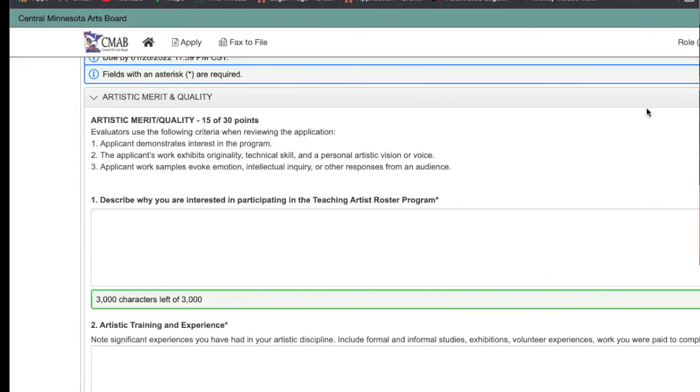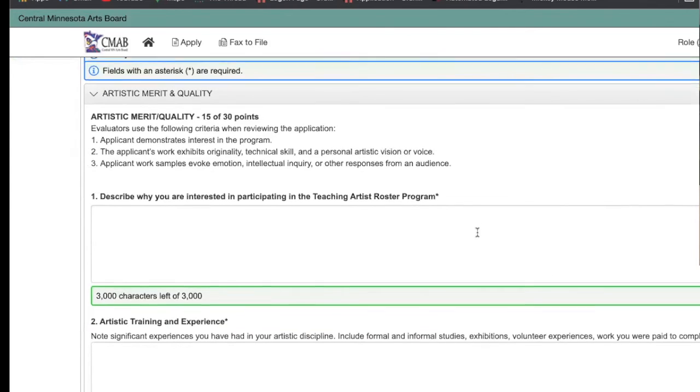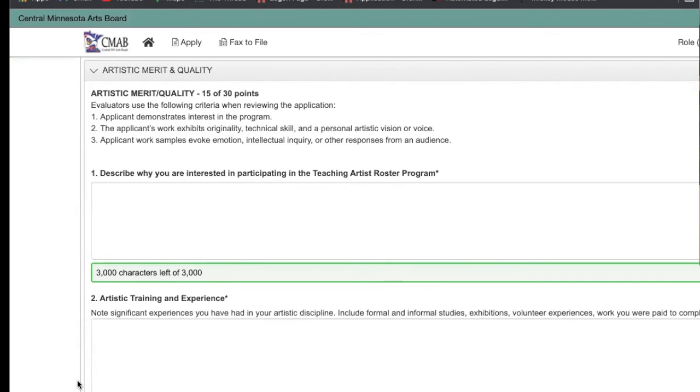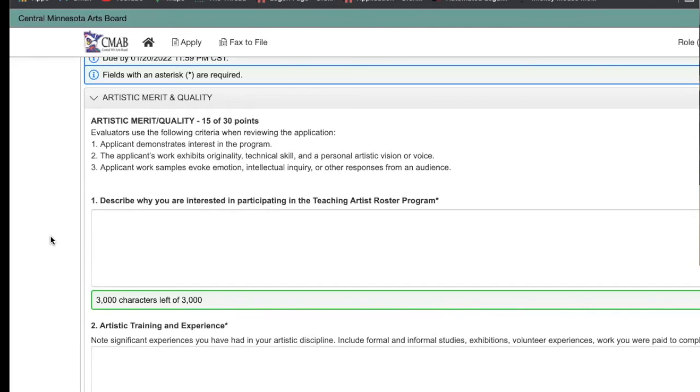For the next probably 10 minutes or so, I'm just going to walk through and talk a little bit about each of these questions and what's required. I will encourage you to interrupt me if you have a question specific to any part of this application as we go. So don't be shy. You can raise a hand emoji, you can just unmute and chat, or you can drop a comment in the chat.